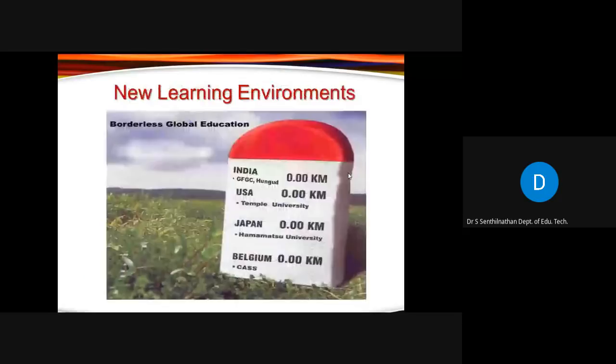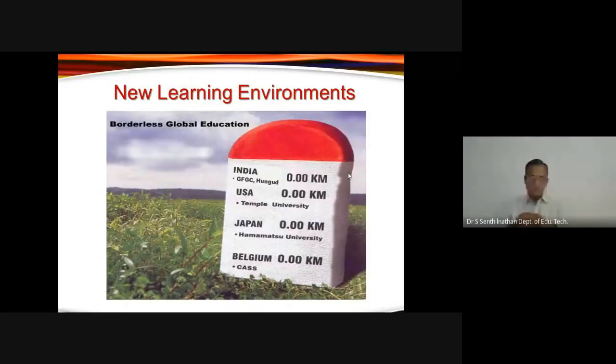And the learning environments are quite new. As I was just telling you, the digital learning environment, digital educational landscapes, it is borderless, right? So there are no restrictions of time zones and geographical restrictions. It's open. For instance, with live video conferencing sessions, live webinar sessions, synchronous communication strategies and technologies available, no institution is away from the learner in terms of physical distances. Every institution is only a click away from the learner today. Any institution for that matter.